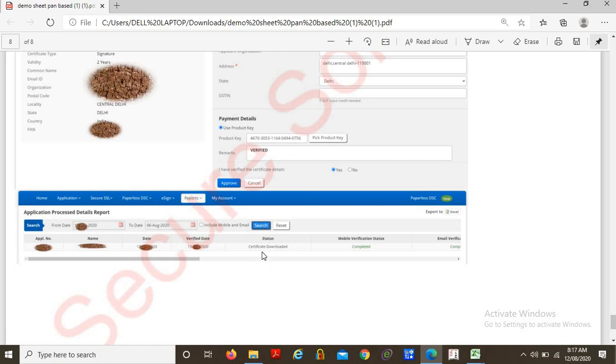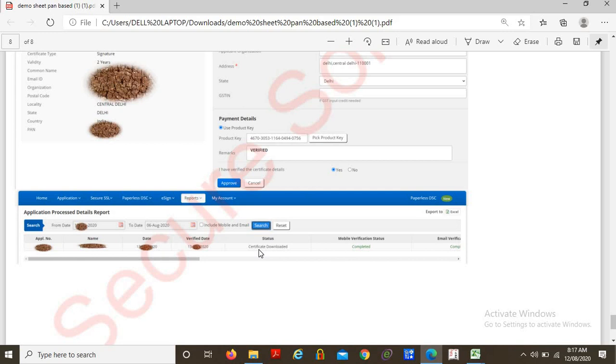Once you approve your application, the first stage would be RA verification completed, and after that within 5 to 10 minutes your application is approved by eMudhra if all things are correct, like if video is done by the applicant and he has shown his original PAN card or address proof while doing video verification.